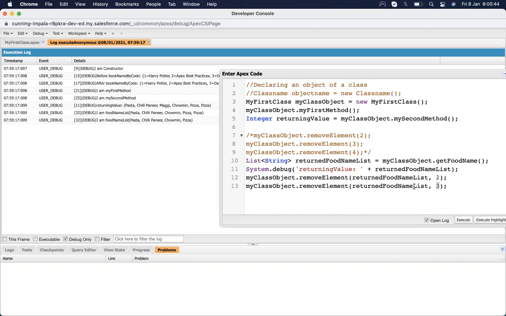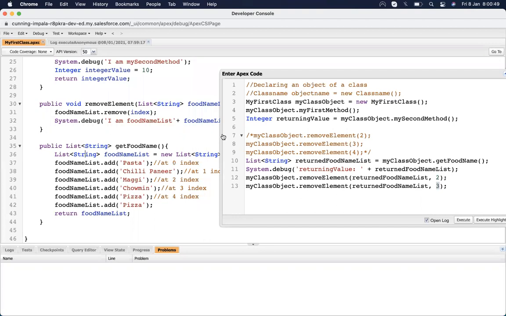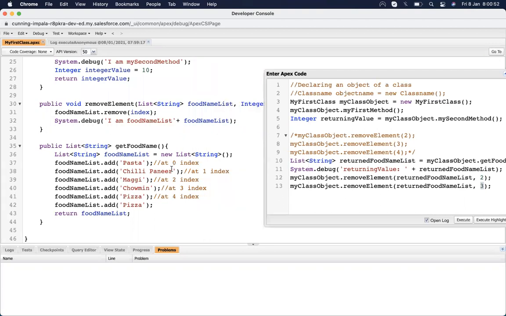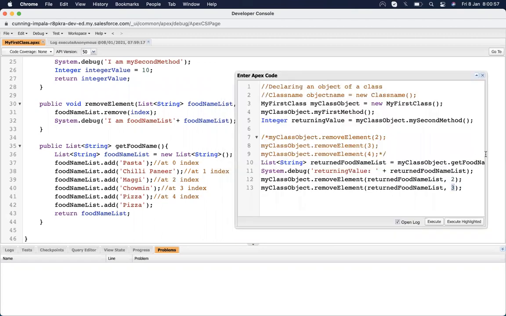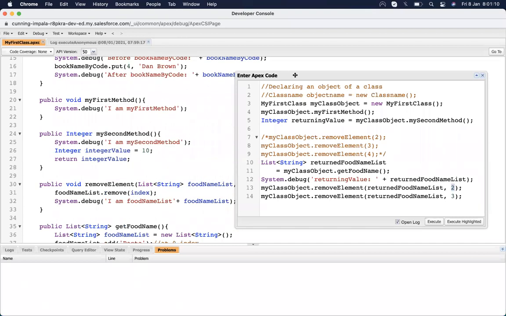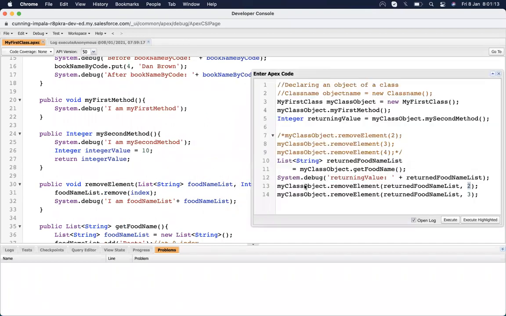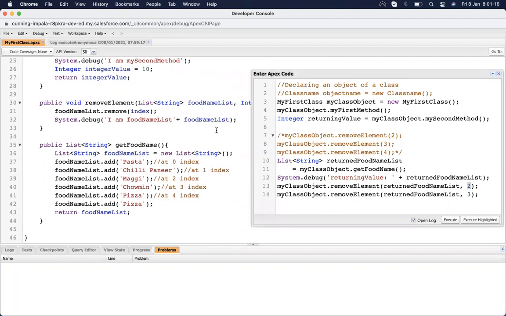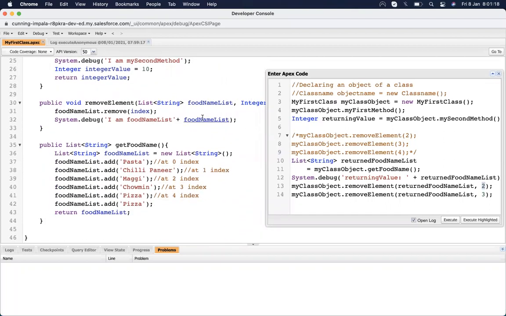It's just an example of how we create a function inside Apex, and how we pass parameters into our function, and remove the element from whatever list we are passing.